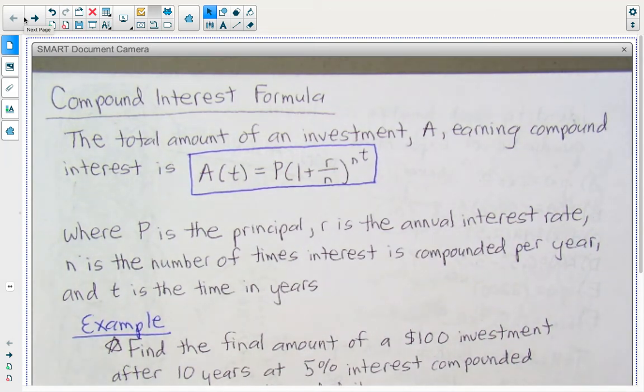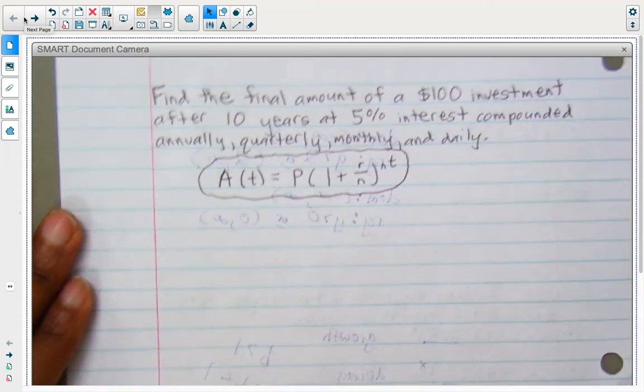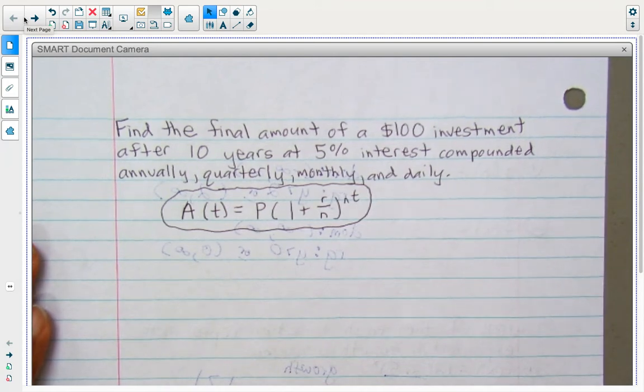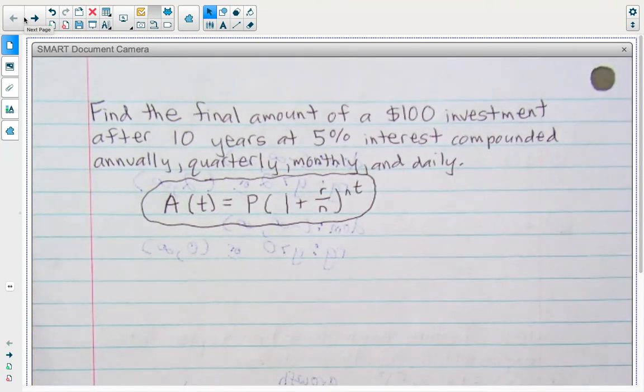So we're going to go through and do a couple problems with this formula so that you'll know what number to put in for your N values. So here's the problem that we're going to work on. We're going to find the final amount of a $100 investment after 10 years at 5% interest compounded annually, quarterly,